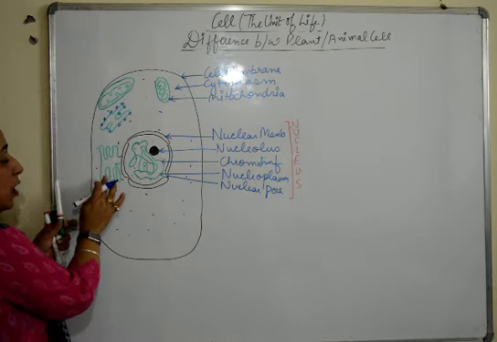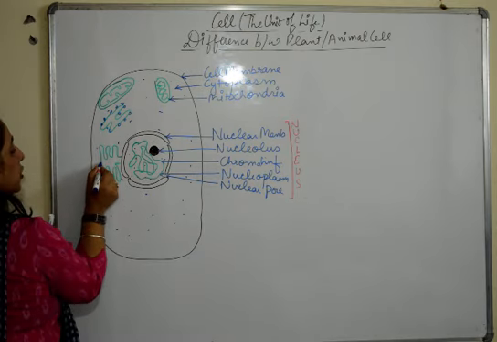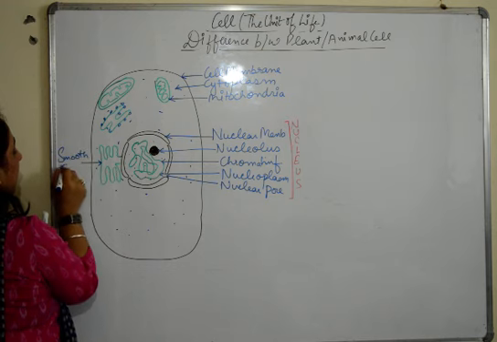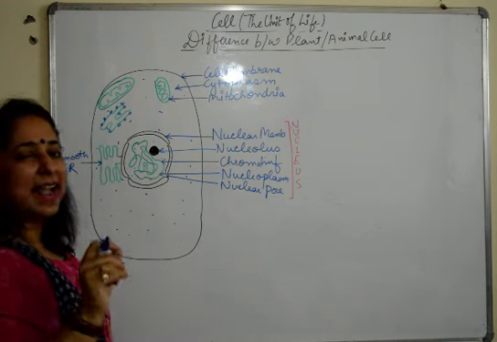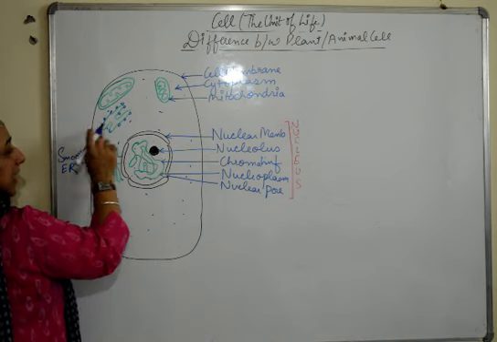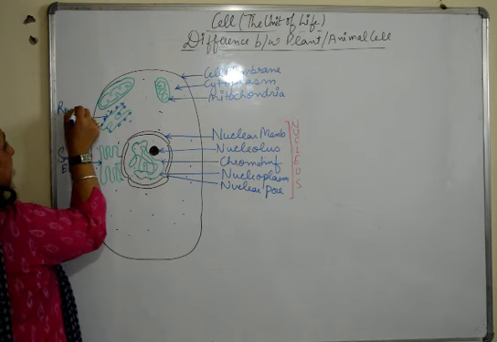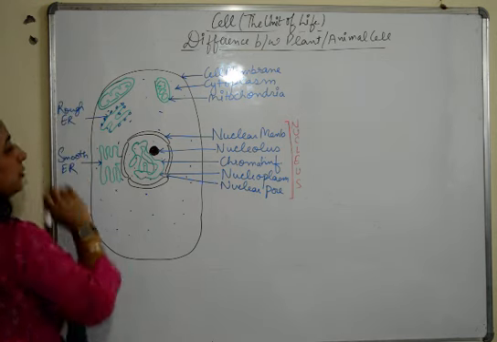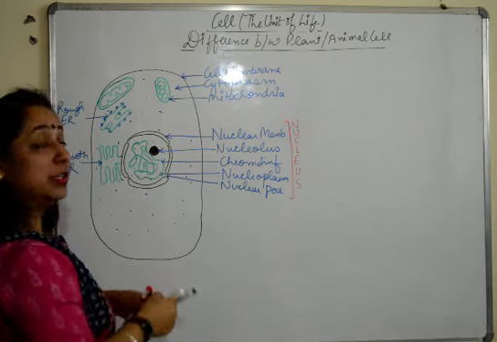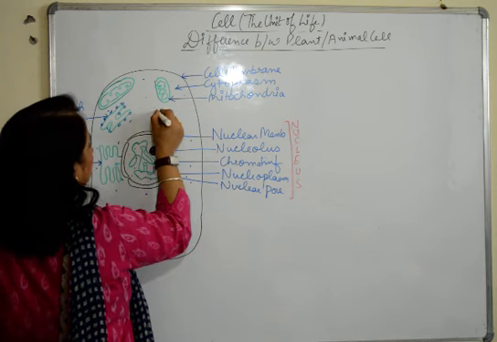So again, now to label it we don't have space here. So what do we do? We label it this side. So this is smooth ER or endoplasmic reticulum. Try not to write short forms, write full forms. And again, we label this one this side only because the other one is labeled here. This is rough ER or endoplasmic reticulum, the second cell organelle. Now we move to the next cell organelle, that is Golgi apparatus.